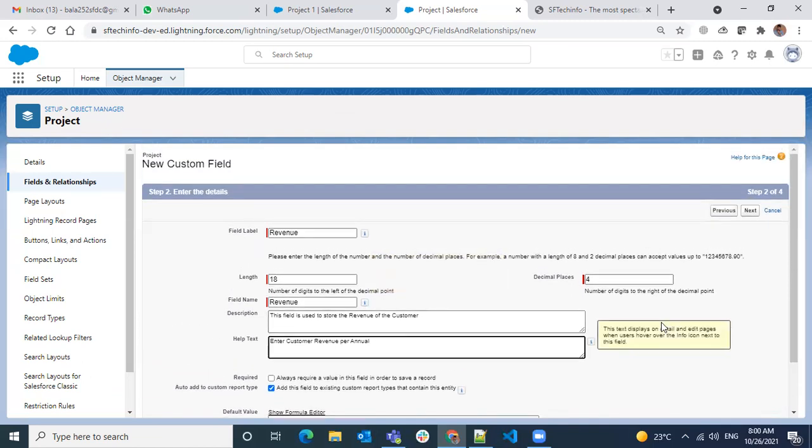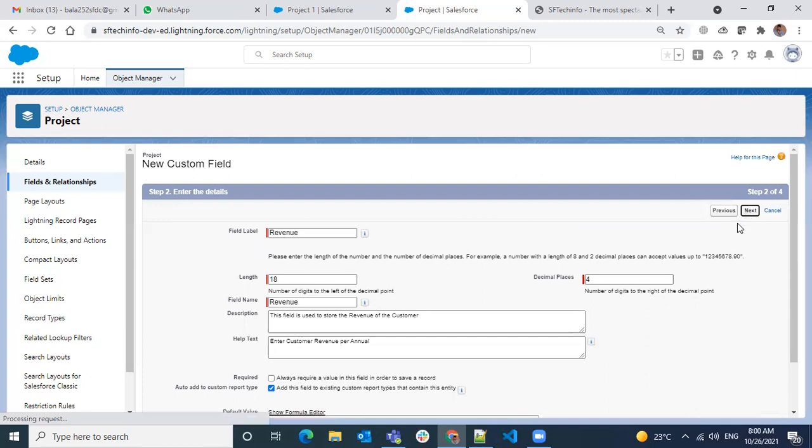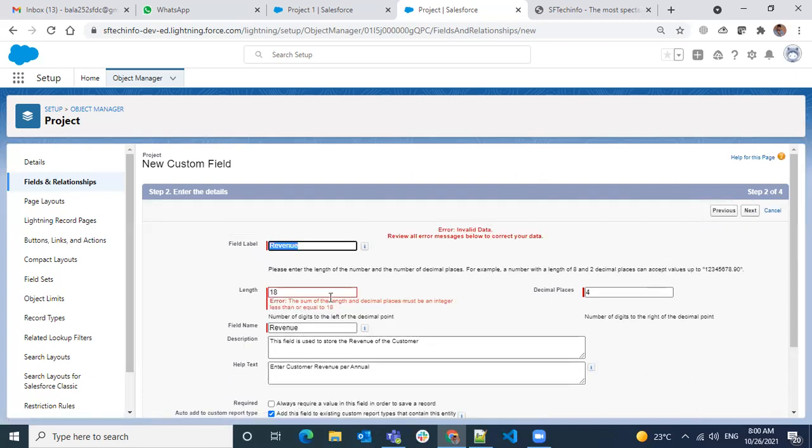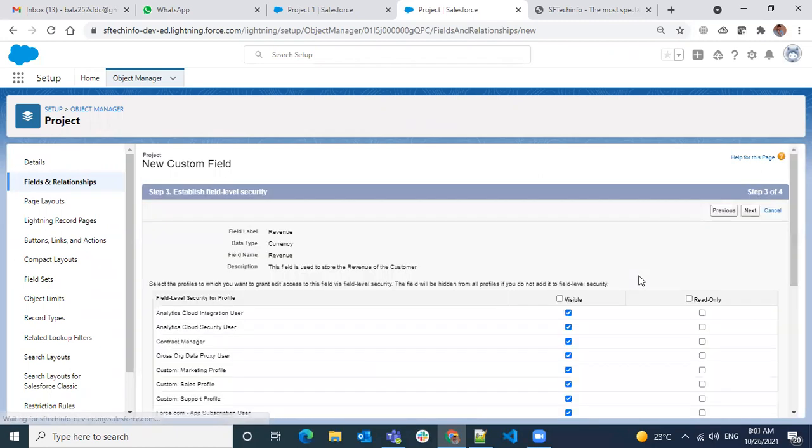Okay, and if I try to enter something different, it should restrict me. Whatever places you have, you have to decrease the same positions there. If I'm given any different number, it will not allow. So I have to give 14 at least. So 14 plus 4, 18. So 18 digits of place is set now, so it will allow now.